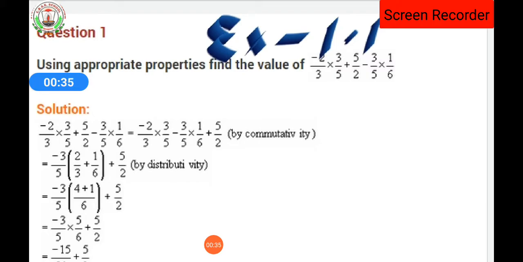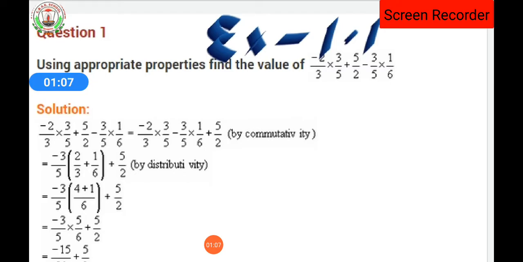Now the exam pattern will be a Google form. The questions will be given in the Google form. A link will be shared in your WhatsApp group. Through that link, you have to enter the examination paper, and in the examination 20 questions will be there. The pattern of examination will be MCQ. Only choose the correct answer will be there. That can be true false, can be fill ups. Okay, solve the following, like that.